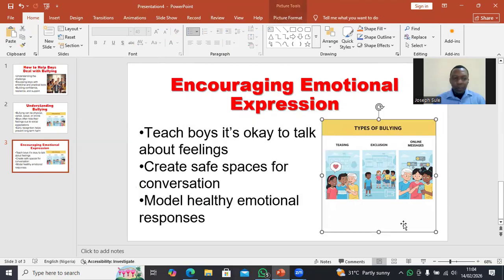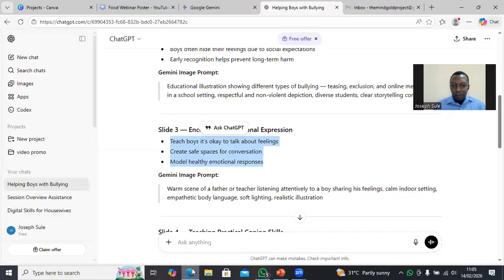Okay. Next thing, I want to remove this and change it. What's the size again? Remember, the moment we touch the picture, we will get the size. But remember, the last size we used was 12.05. Okay. So I will go back to ChatGPT and pick the prompt for slide 3 that I will use